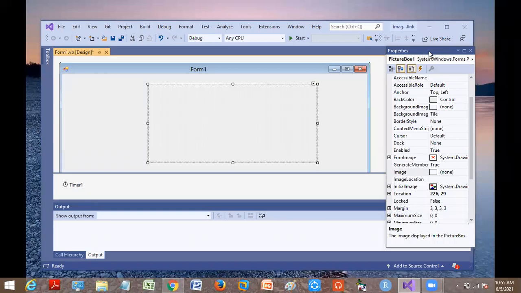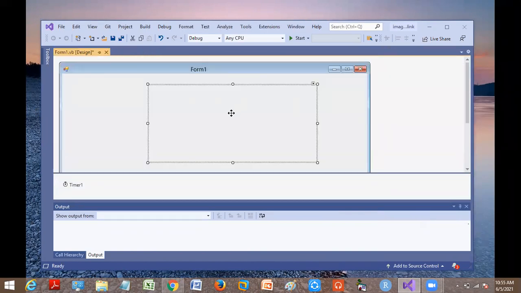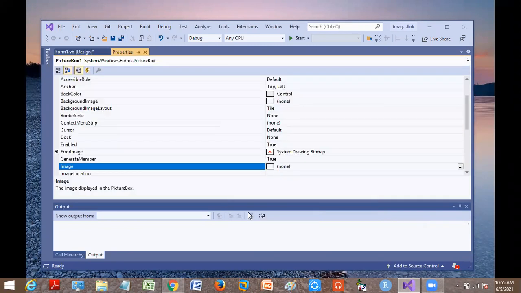Just select the picture box. You are now shown the properties related to the picture box. Is it visible, the properties? Yes, ma'am. One second, let me put it to the side itself.